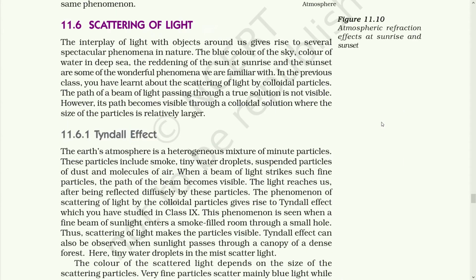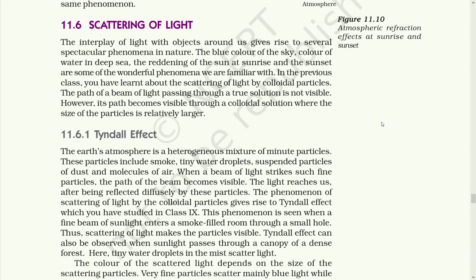The next phenomenon of light that we are going to study is scattering of light. Now, as you have seen, sunlight has all the rays combined together, but those rays can be scattered if you create an environment that makes the difference between the whole sunlight and the beam of light. So, dear students, let's study the next phenomenon, scattering of light.